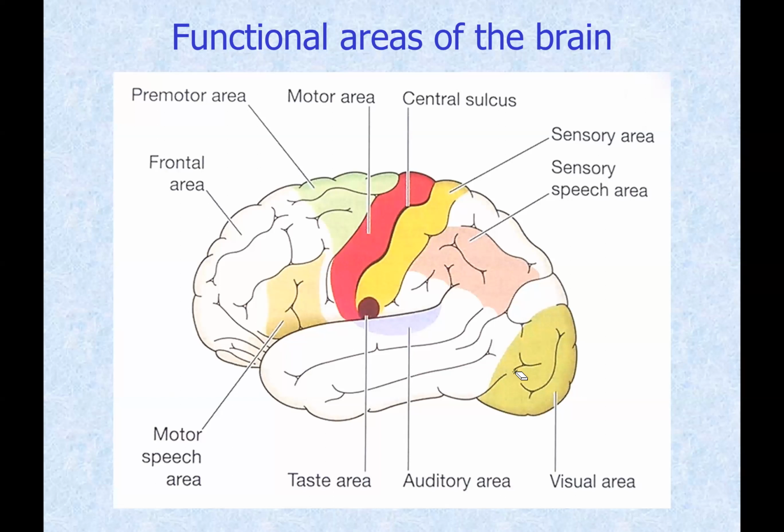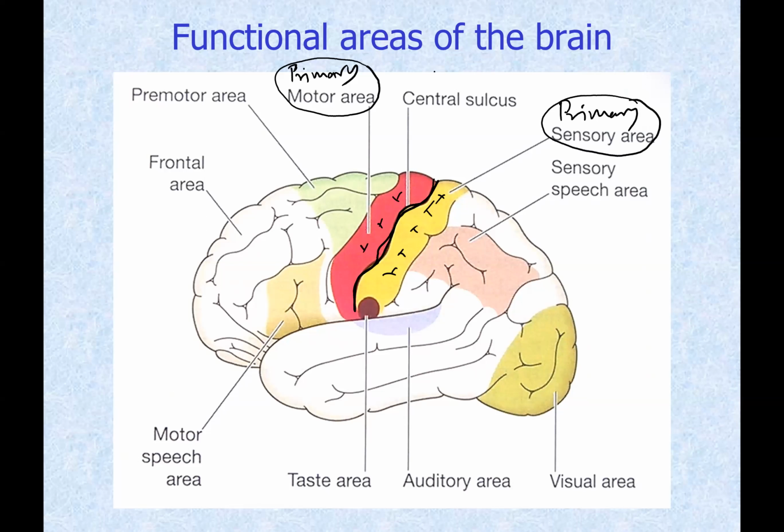Now in front of the central sulcus, we said it is precentral gyrus, this one. And that precentral gyrus is actually the primary or the main motor area. And the gyrus behind the central sulcus, which is called the post-central gyrus, is the primary sensory area. Okay, not that. Primary sensory area. So the primary motor area is responsible for the control of most of the skeletal muscles of the body. And the primary sensory area here